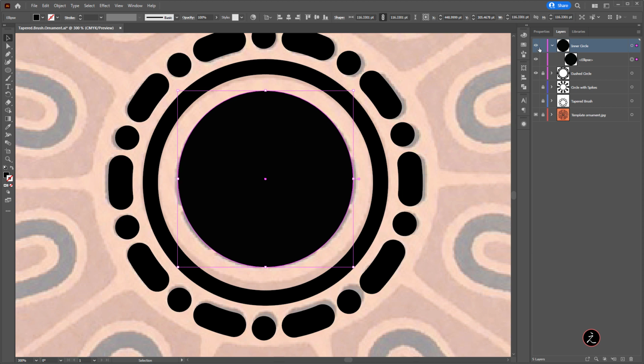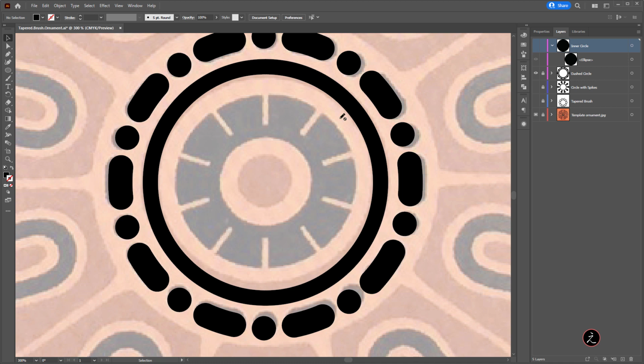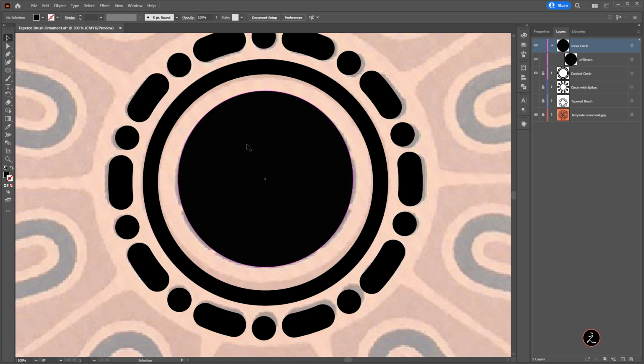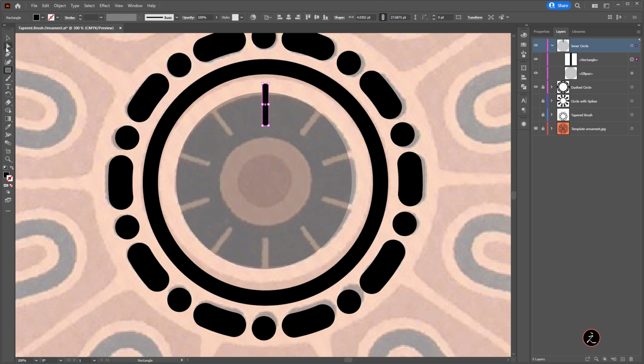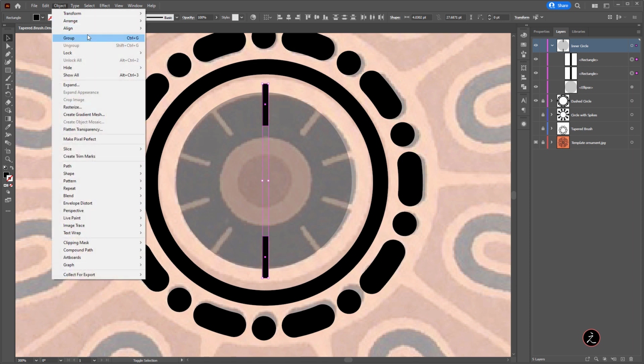In any case, because I need to be able to draw these sections here, these intersecting shapes, what I'm going to do is select the circle and then reduce its opacity. All right, great. Now I will grab the rectangle tool and click and drag to create a rectangle as such. Great. Now I'm going to duplicate this. So I will hold down the Alt key or the Option key and press the Shift key as I do. Select those two, go to the object menu and group them together.